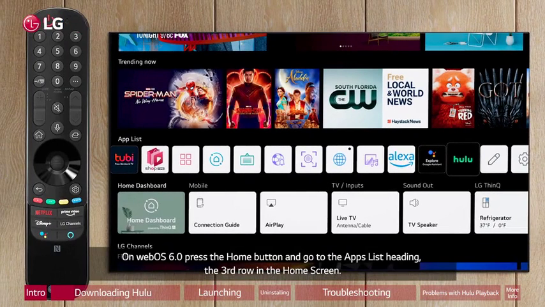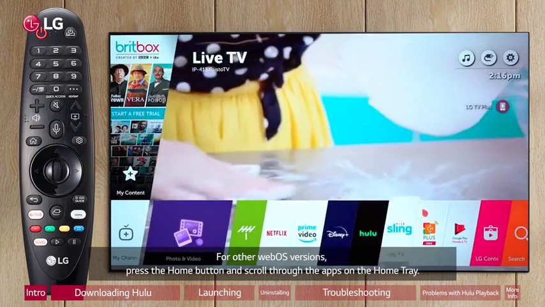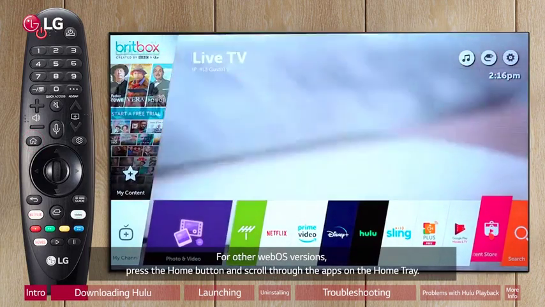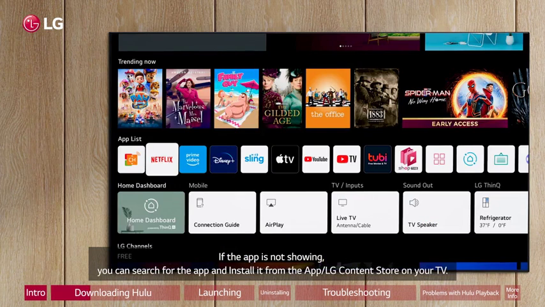On WebOS 6.0, press the Home button and go to the app's list heading, the third row in the home screen. Arrow points to the app list header. For other WebOS versions, press the Home button and scroll through the apps on the home tray. If the app is not showing, you can search for the app and install it from the app/LG Content Store